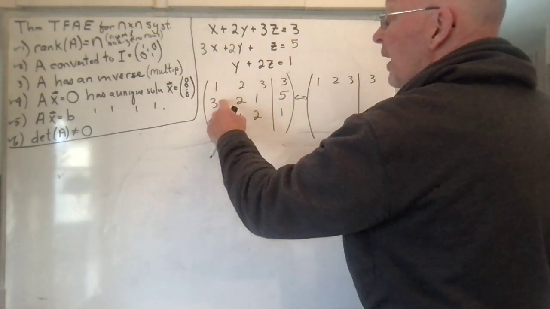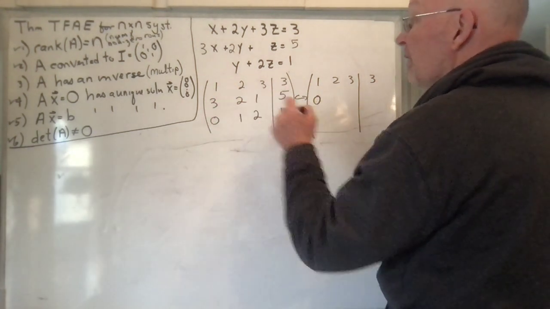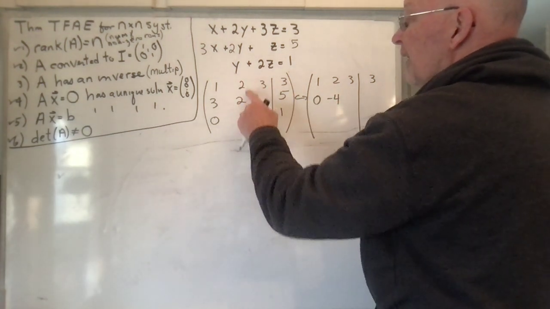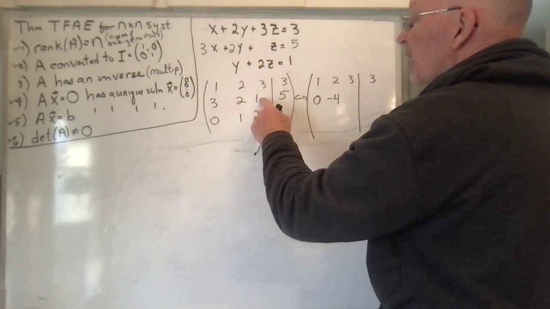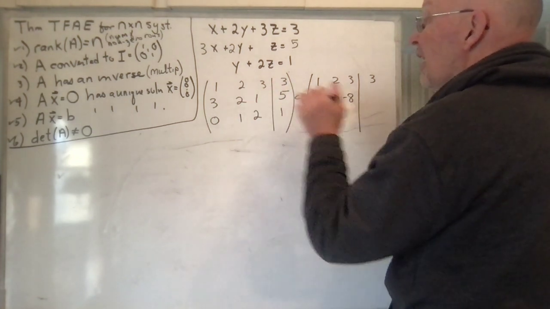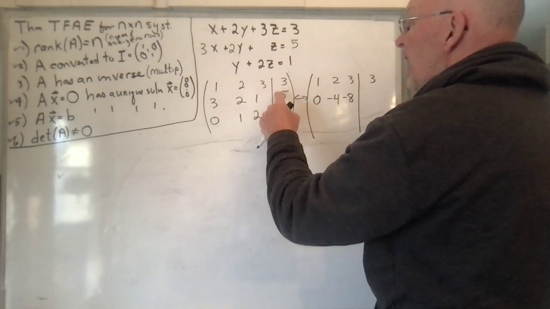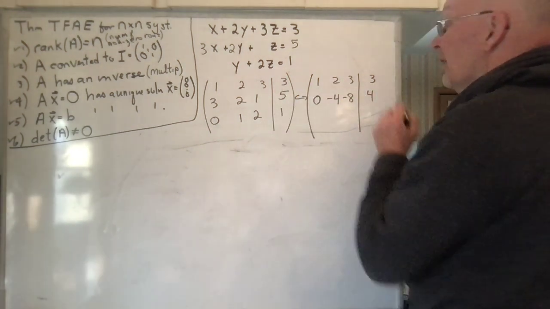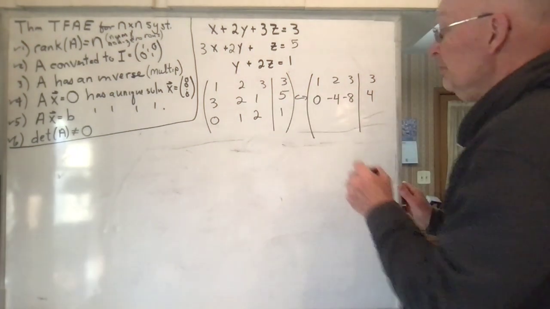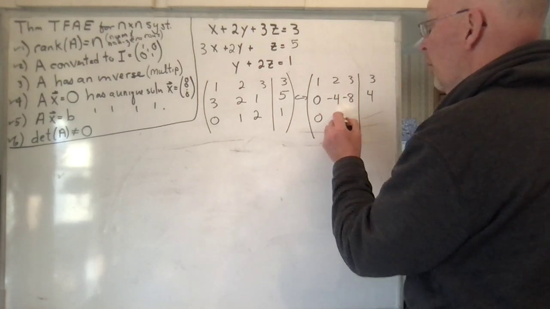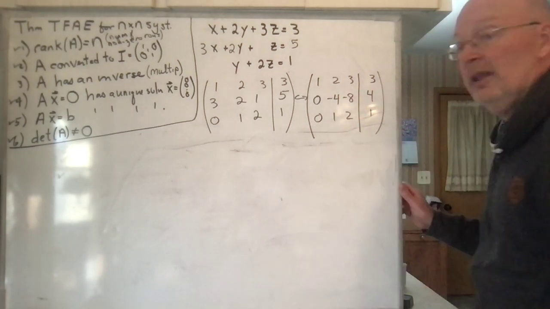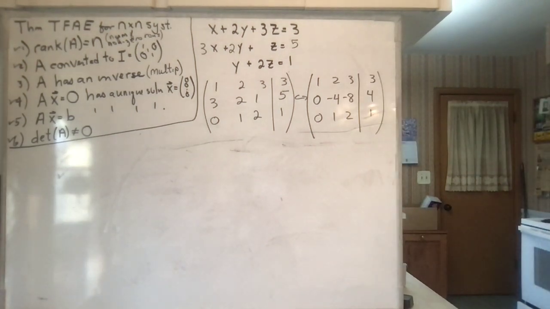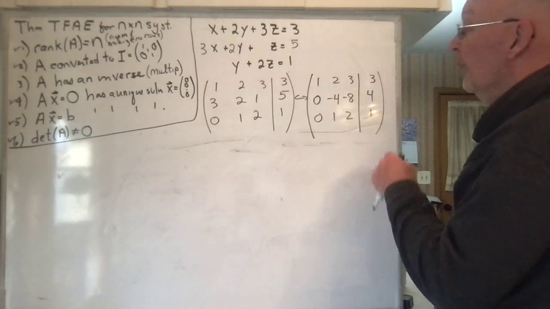So I'll multiply this row by negative 3 and add it. That gives me a 0 there. Negative 3 and add it gives me a negative 4, because negative 3 times that is negative 6, plus negative 3 gives me a negative 8. Negative 3 and add it, let's see, is going to be a 4. Okay? And then I get 0, 1, 2, 1. See that? I'll leave that alone. So now I've got zeros there. Okay? Next thing, I'm going to get a 1 right here, and the way I'm going to get it is